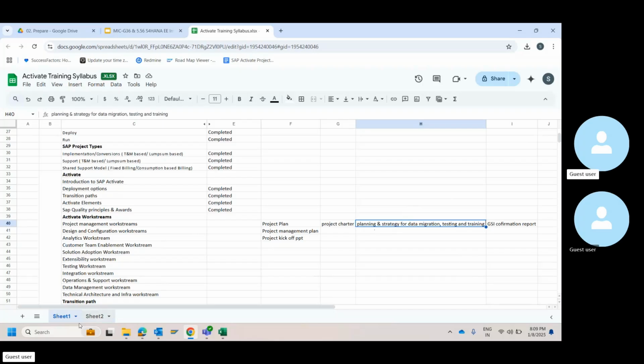All right. So today we will look into two things: one, the project kickoff PPT, and the other, the project management plan. For the project management plan, I don't have any template, but anyway, on a very high level, I'll again explain what all the different contents will be there. For the kickoff PPT, I do have a template that I can showcase to you now.